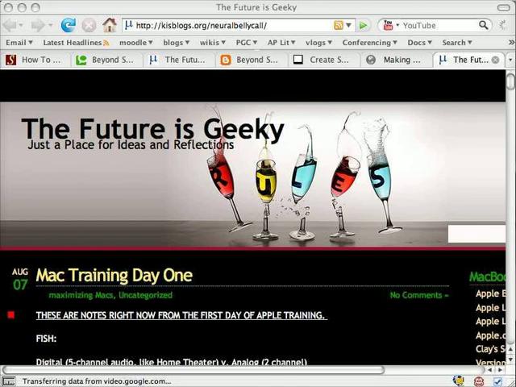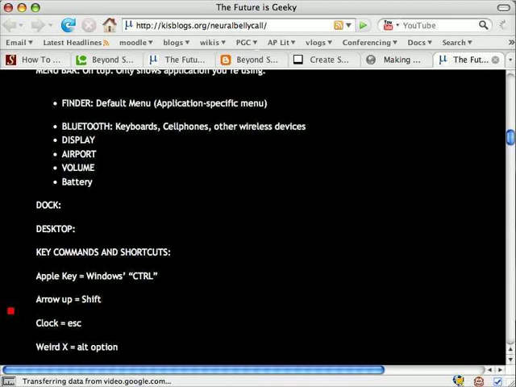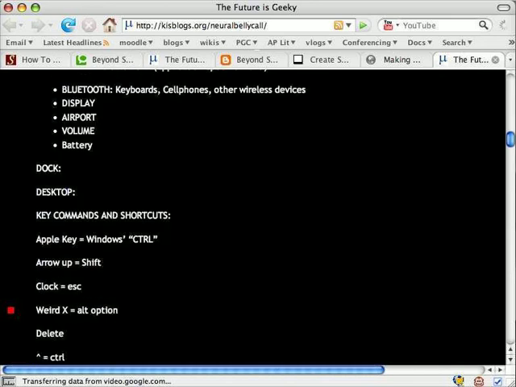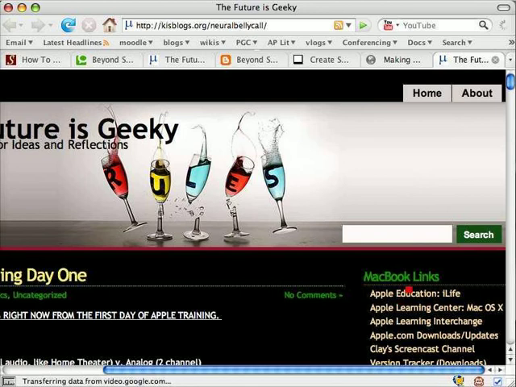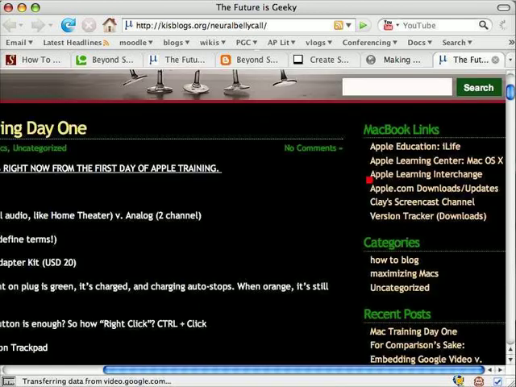Okay, this tutorial is going to be two simple things. How to add a link in a text in a post. So that's the first thing. And then the second thing is how to add links to your sidebar. If you've got some websites that you want people to be able to always look at,